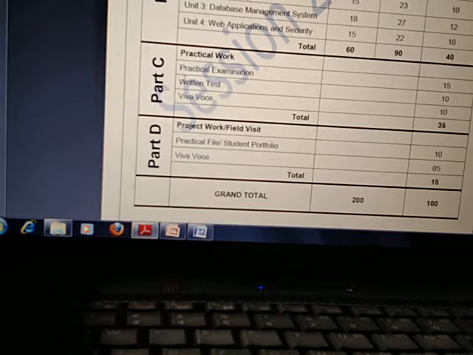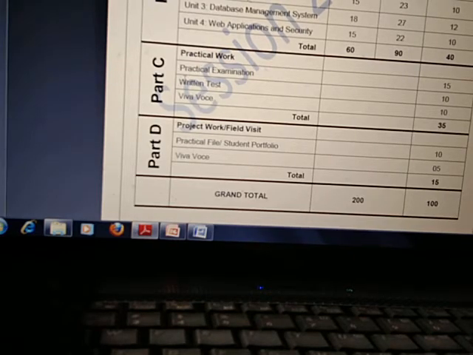This project we will make at the end of the session, and this project work and this practical file plus your classwork notebook is of 10 marks, and viva from this project work plus your practical file is of 5 marks. So total viva is of 15 marks and your written test is of 10 marks. Practical examination, whatever you are performing, is of 15 marks, and the total is 50 marks.